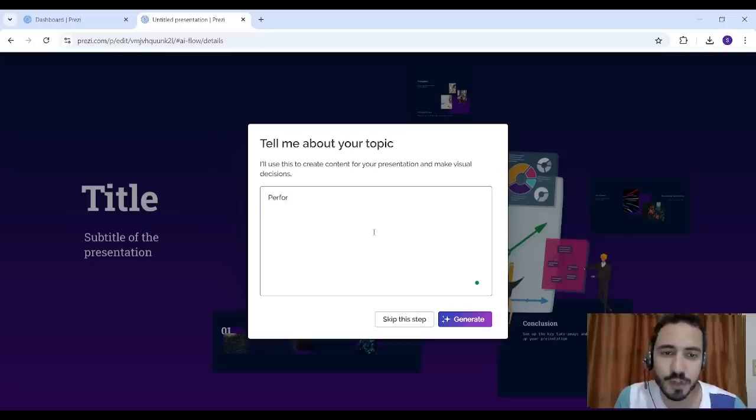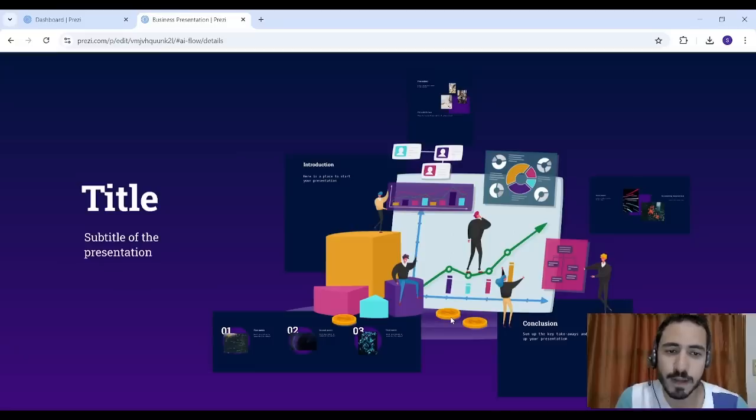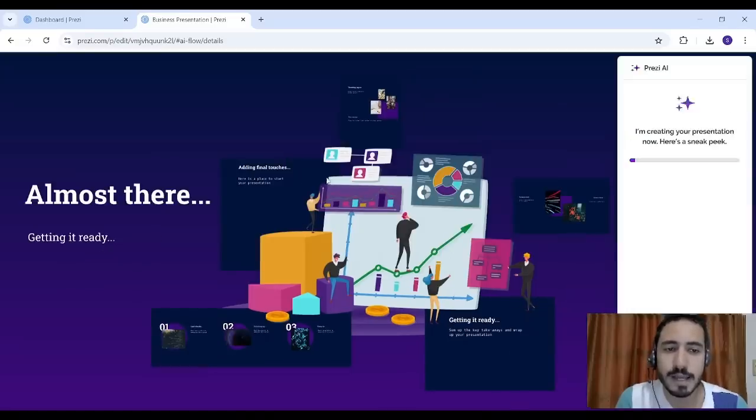performance tracking, for example. Then I'm going to click on generate. Now it will take some time to prepare my subject and fill my slideshow with AI. So I'm going to wait patiently until it finishes,